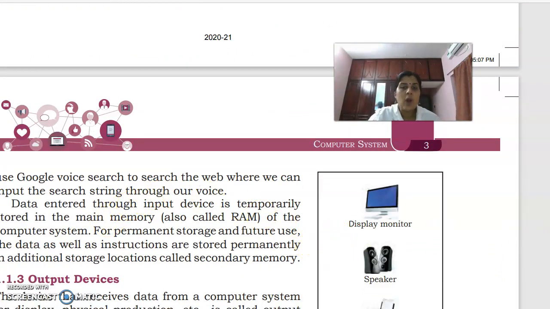Then next is the output device. What is an output device? We can get the result back from the computer through this output device. That means the CPU processes the instructions and an output is produced. This output is given to the user by using an output device. So can you tell some examples of output devices? Yes, I know you all know them. Through an output device, you are watching my video now. That means your mobile screen or display monitor is an output device.